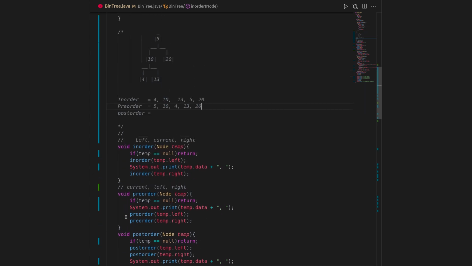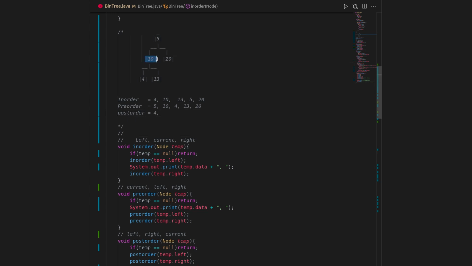Right. So now let's see the execution of the post order traversal. In post order, first we recursively execute the function for left, then right, and then print the value of the current node. Okay. So first we will again start from the root node, which is 5. We will not print its value. First we will recursively go to its left child, which is 10. Then we will again go to the left child of 10 first, which is 4. As 4 does not have a single child, we can directly print 4.